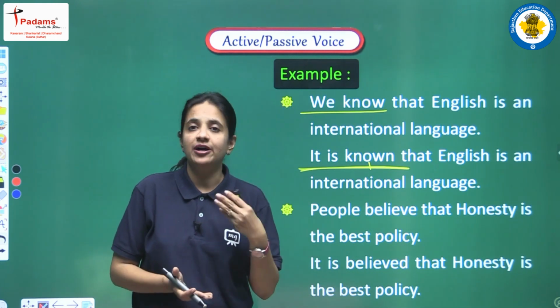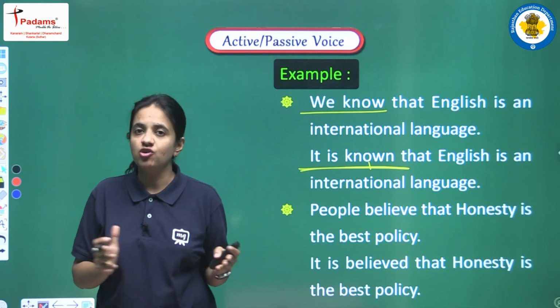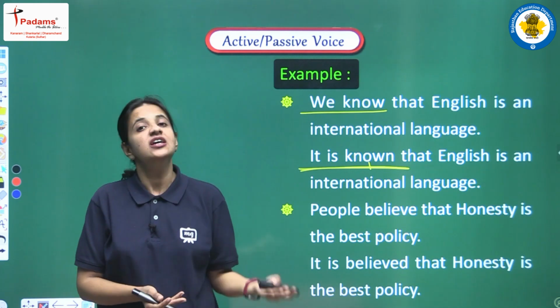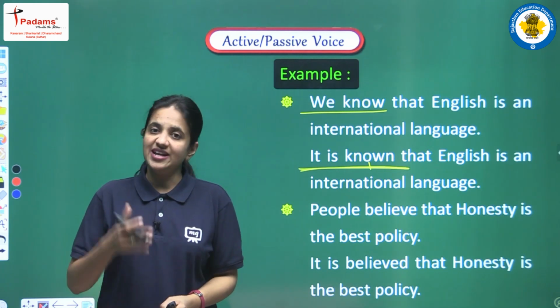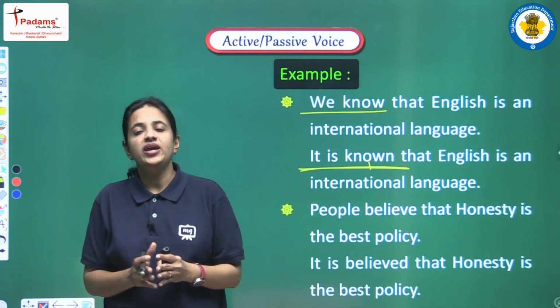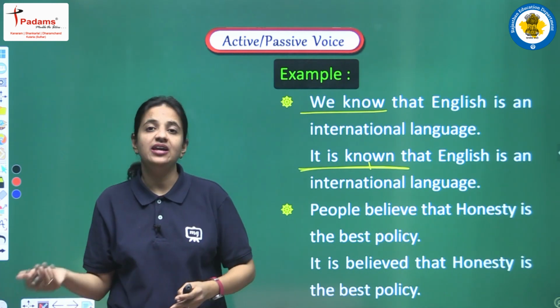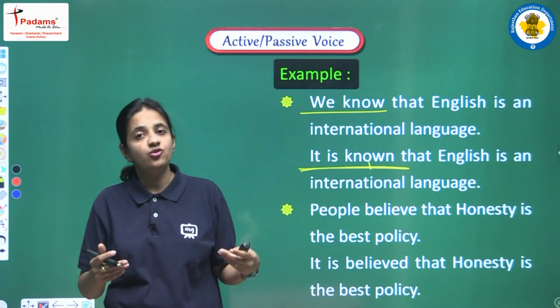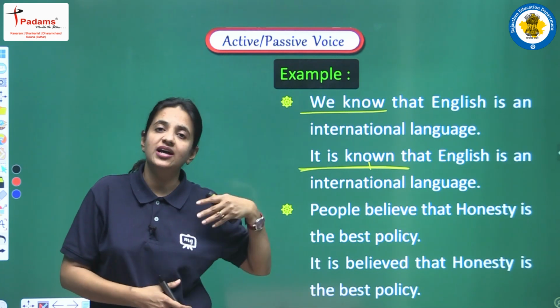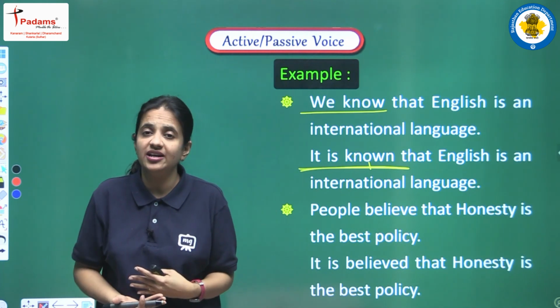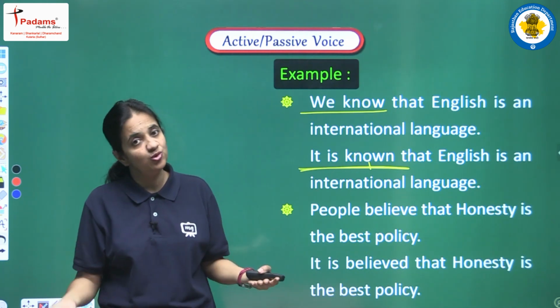So I am repeating one more time. If we are having two clauses in the sentence of the active voice, main clause and subordinate clause, then when we are converting that sentence into passive voice, we have to convert only the main clause. The subordinate clause will be as it is, उसको हम बिना चेंज किए as it is लिखेंगे, और जो मेन क्लोज है हम उसे कन्वर्ट करेंगे. कन्वर्ट कैसे करेंगे? The same rules are there.